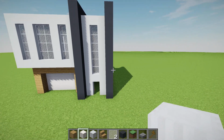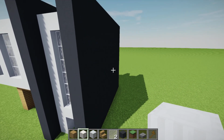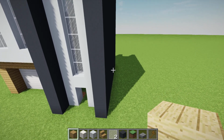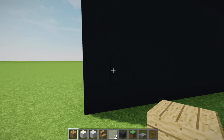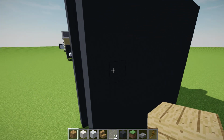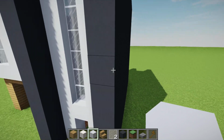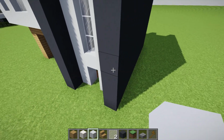So this is pretty much the last part of the house now, which is going to be really easy. So all we need to do now is come over to here, and what we're going to do is make sure that right here we build the wooden part of the house. The only way I know is that you want to start by going to the edge,